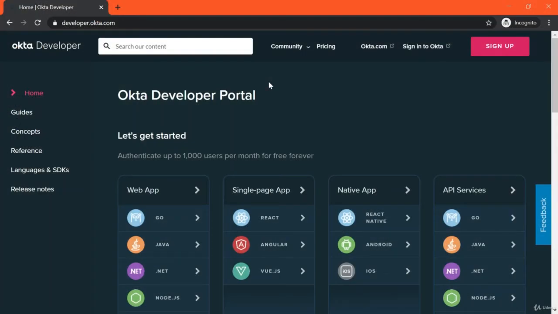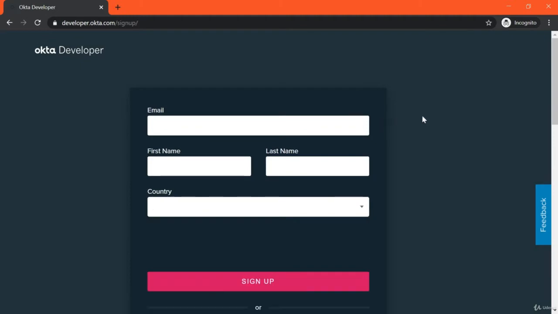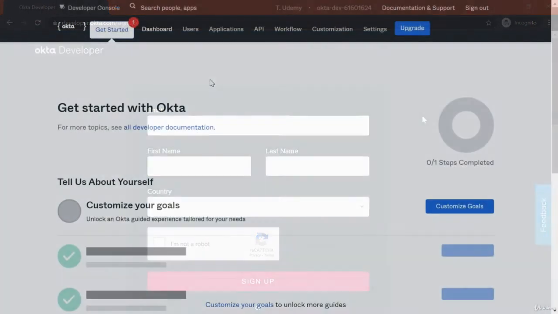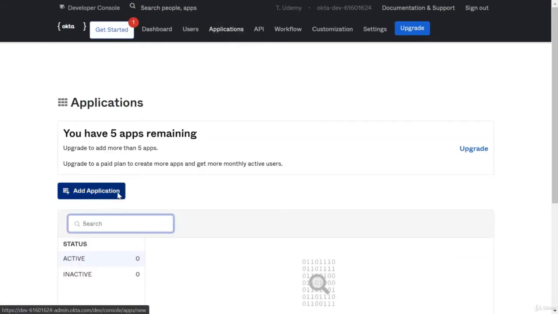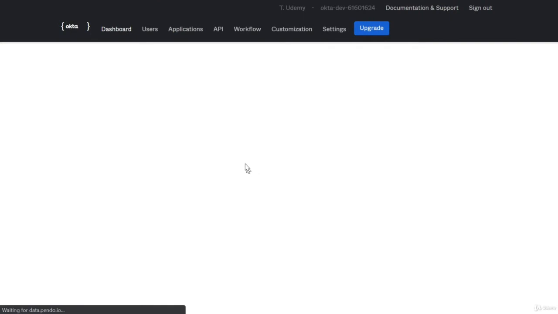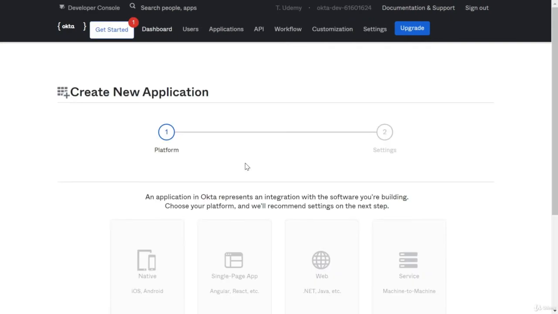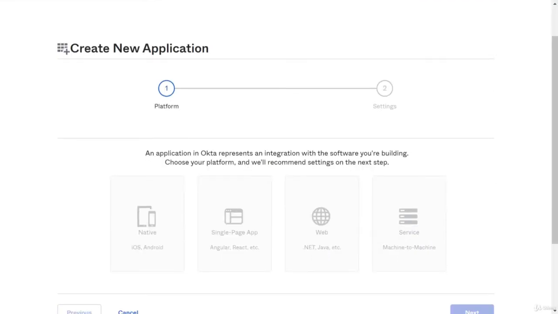Next, we need an Okta developer account. Go to developer.okta.com and register for an account. When your account is already active, create an application from the Okta homepage. Select the type service application, meaning we will not have a front end, just a machine-to-machine call, which we test using Postman.